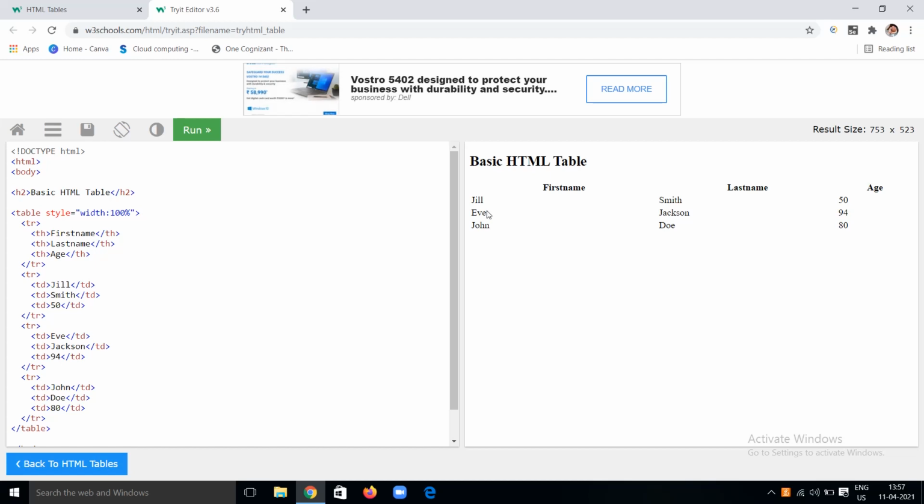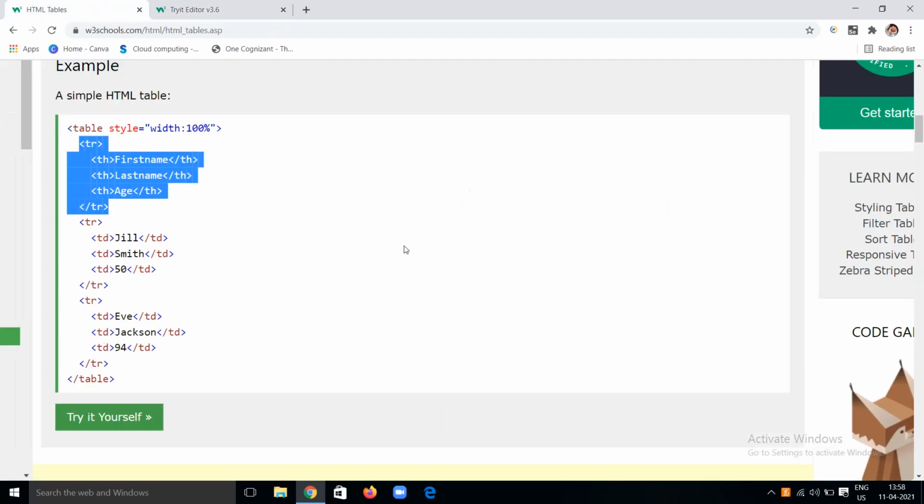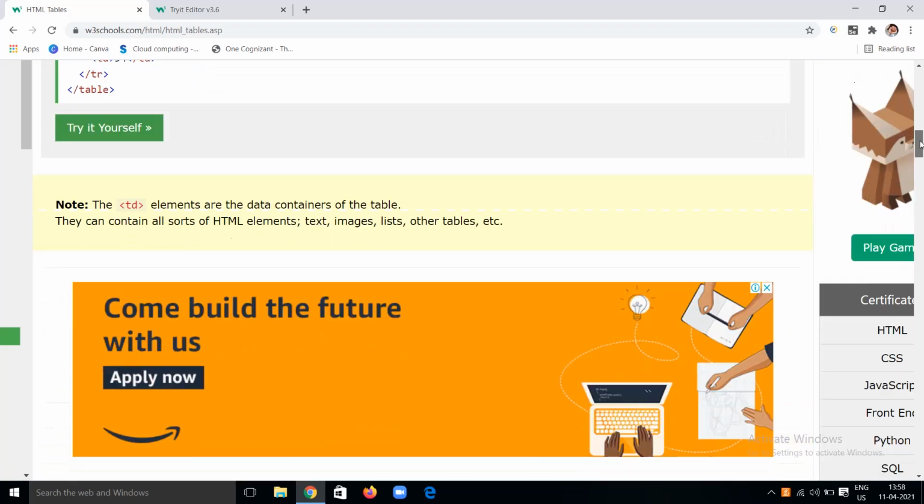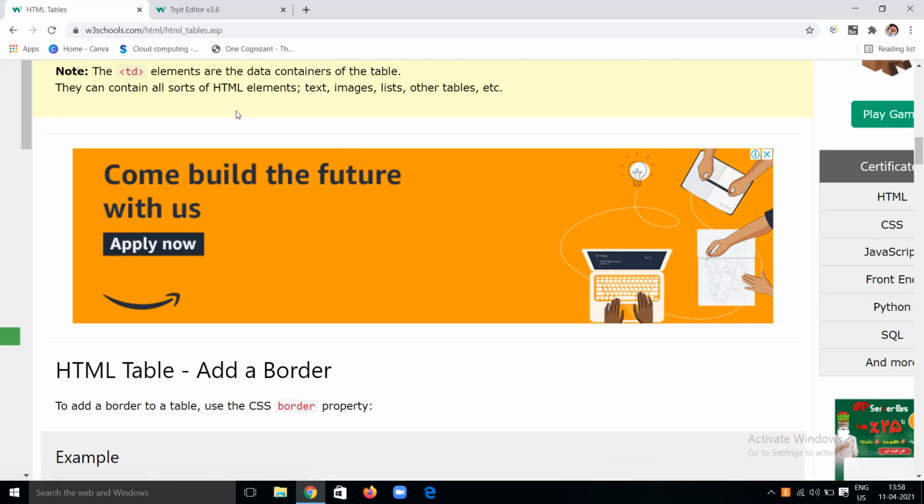Yes, you can observe this is not looking like a table. What we have here is the table tag. Let's see the next. Here you can observe the TD tag, or the data containers. Data elements are the data containers of the table. They contain all sorts of HTML elements: text, images, lists, anything we can include in this